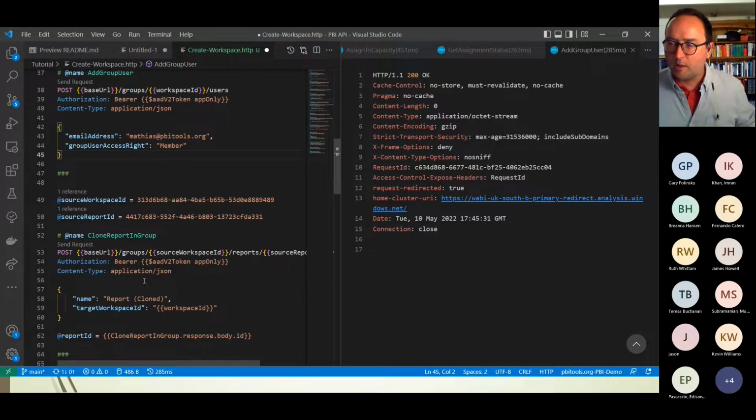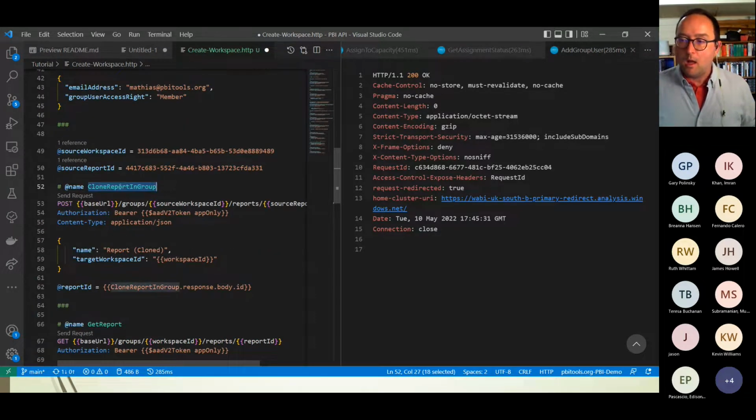The next thing I want to do is actually a very nice example for the API because that's something you cannot do in any other way. The API allows me to clone existing reports which are in my tenant, either under a new name into the same workspace or into a different workspace. And so I've got this report sitting in this particular workspace, and I'm going to clone it into my new workspace, which I